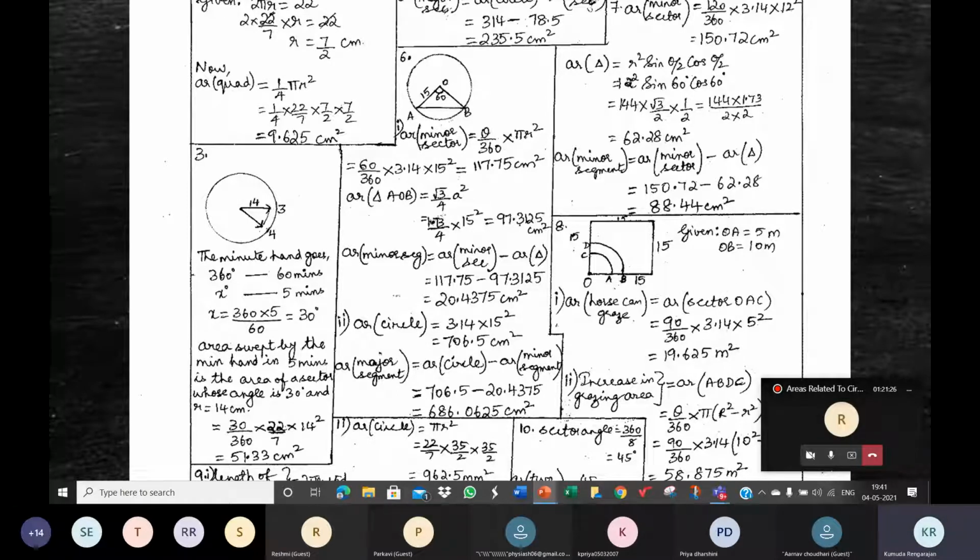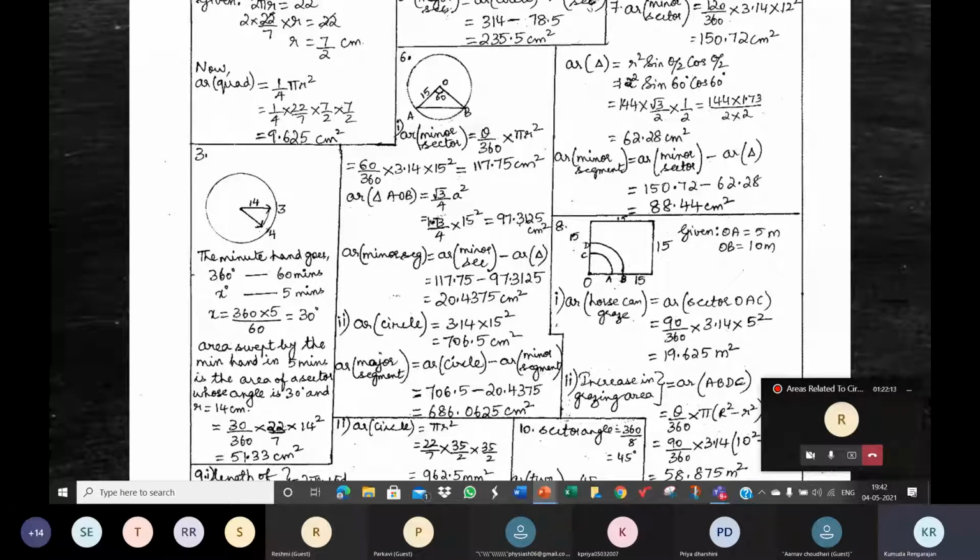The first thing is we know the sector angle, we know the radius. If you know these two, you can answer any question. You need to know the sector angle and the radius. Sometimes the radius is not given straight away. It may be given in the form of circumference or area. Suppose the area of the circle is given, that's to help you find the radius. You must work pi r square equal to whatever area is given and find r. Similarly, if circumference is given, you should use it to find the radius.